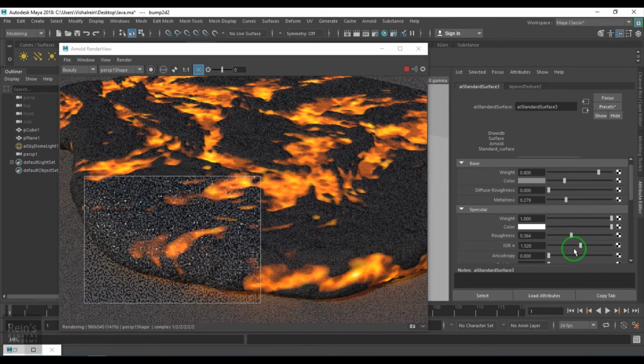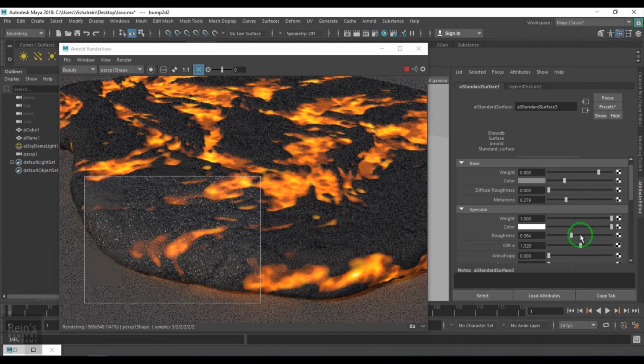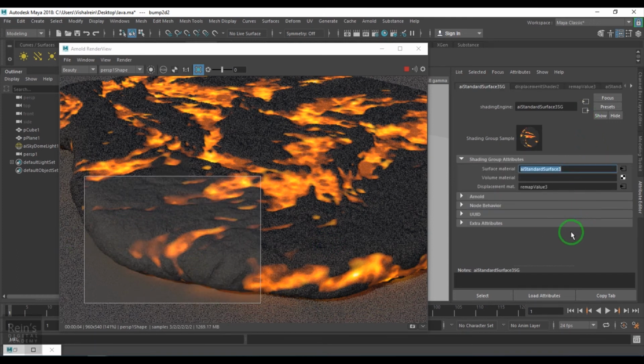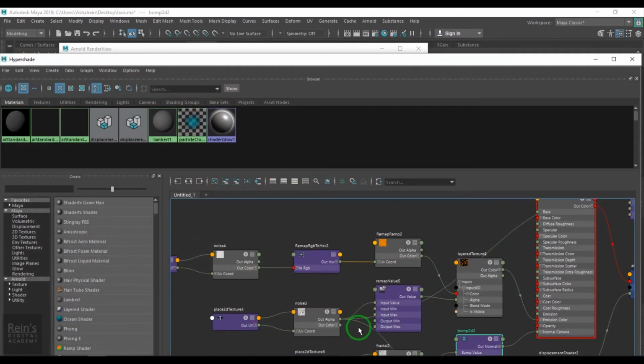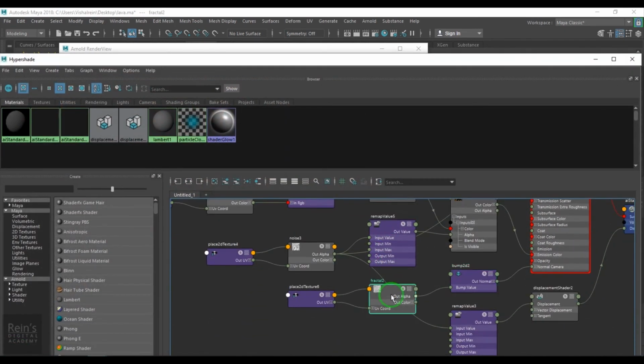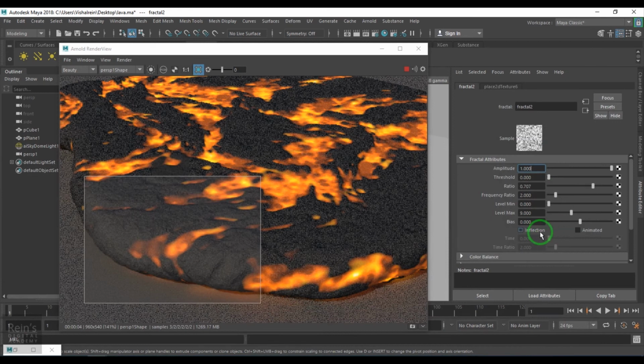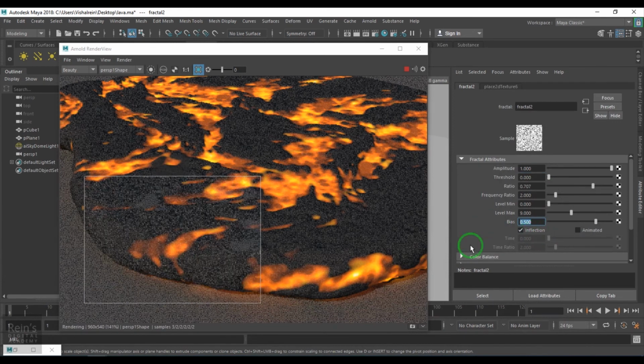Okay, that nice texture on the model, which is connected into the bump. You can use bias value and inflection to get that nice texture on it. Maybe you can increase the ratio if I'm expecting more frequency texture there.